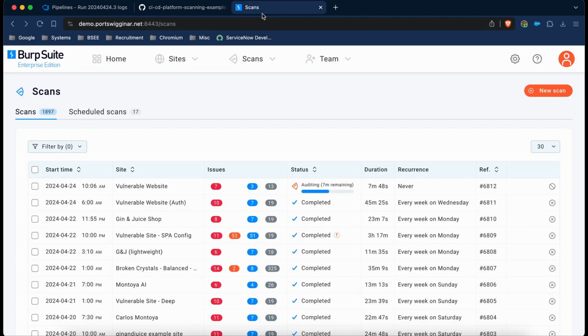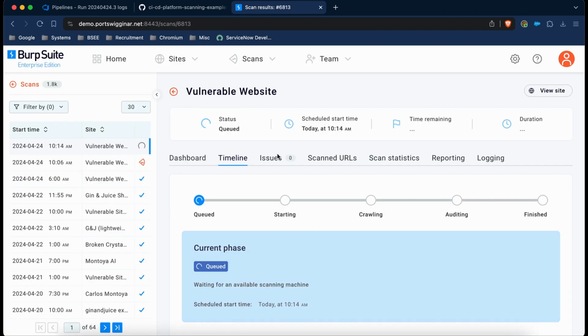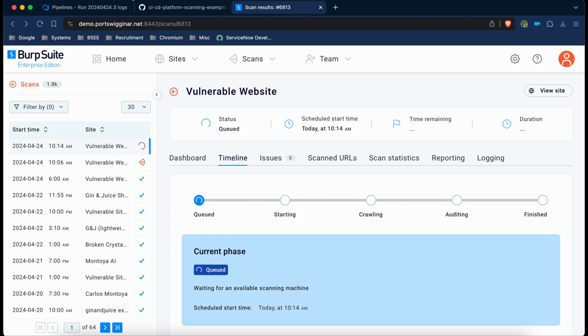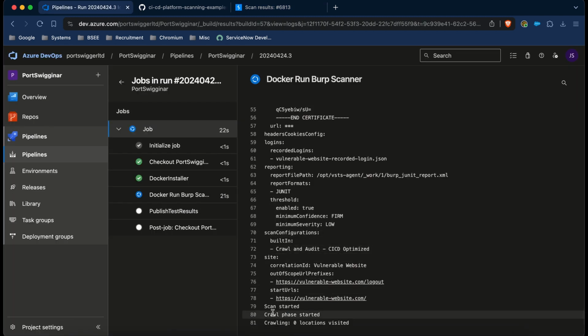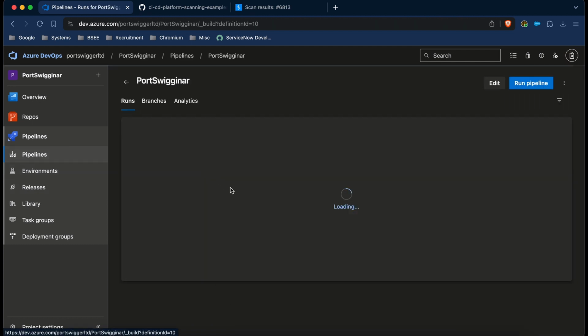So if we go to our enterprise console here and we refresh the page, you can see here a new scan is starting. And if I now go and view the site, you can see that this site was created by a CI-driven scan just to prove that this has actually come from Azure DevOps. Now, as the scan progresses, you can see some different statistics within the pipeline showing what's happening, but rather than waiting for this one to finish, we're just going to go back to our pipelines